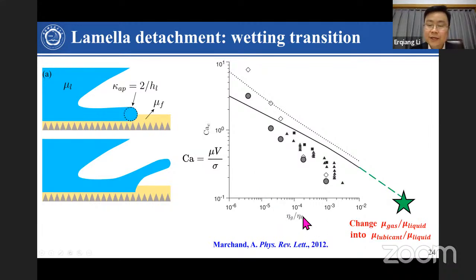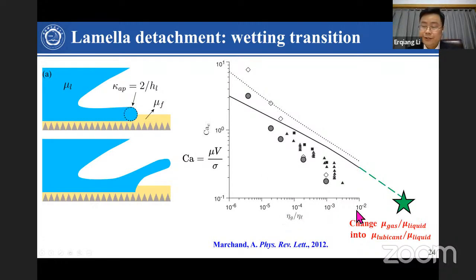The X value is the viscosity ratio, with dynamic viscosity as mu. The symbols are different, but they represent the same viscosity. So the ratio is the gas viscosity, because before they considered drop impact on a solid surface in the air environment, in the gas environment. So the lubricant film is gas, and the viscosity is the gas viscosity. The bottom of the ratio is the viscosity of the liquid.